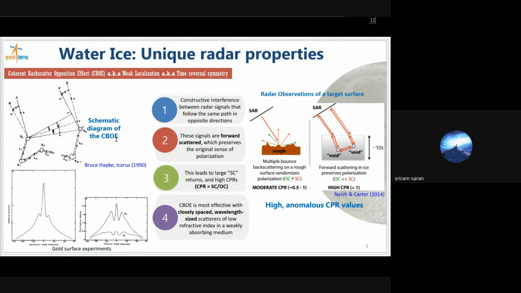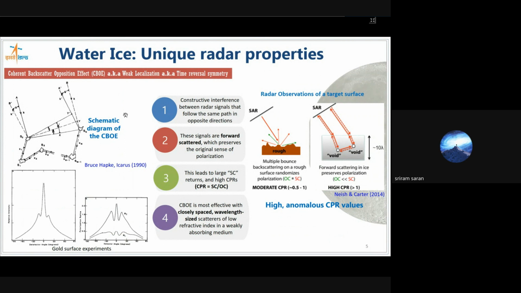The theory behind this detection is called the coherent backscatter opposition effect. In classical physics, this is also called weak localization theory or time reversal symmetry. So what happens is when a radar wave enters a thick sheet of ice, several wavelengths thick, a constructive interference happens between the radar waves that travel in the same path but in